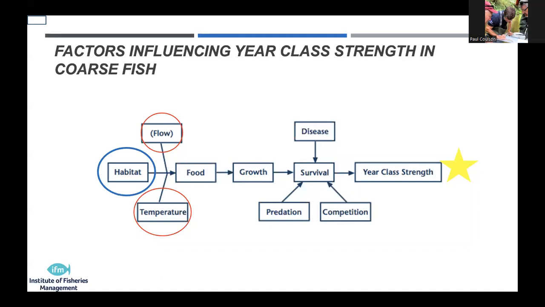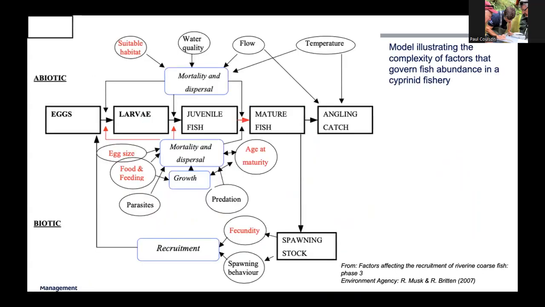But there are also other elements that we can maybe help with, like food. Do make sure there's enough food, in the right food sources and the right sizes for the fish as well. All these things will feed in and help them grow and hopefully survive and move forward as they go on.